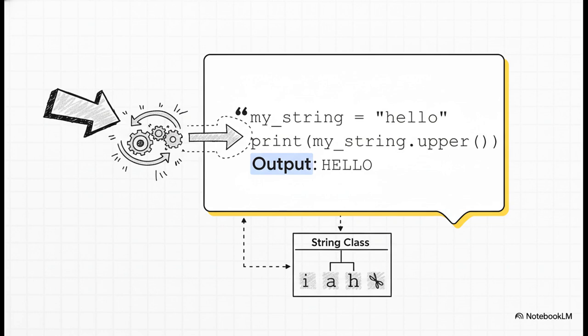Think about it this way. You've probably used the little dot after a string a million times, right? Like mystring.upper. That's not just some random command. That .upper is a method. It's a behavior, something that string objects know how to do. The string class itself is what defines all these built-in abilities, and turning text into uppercase is just one of